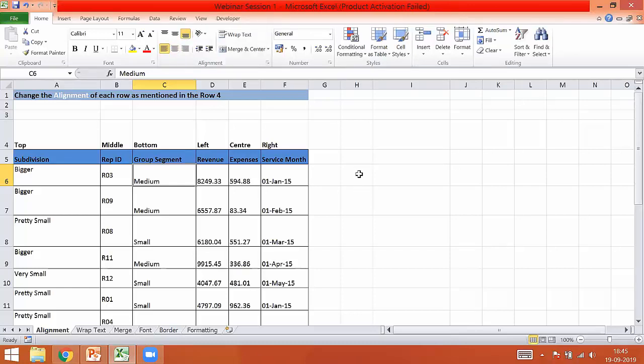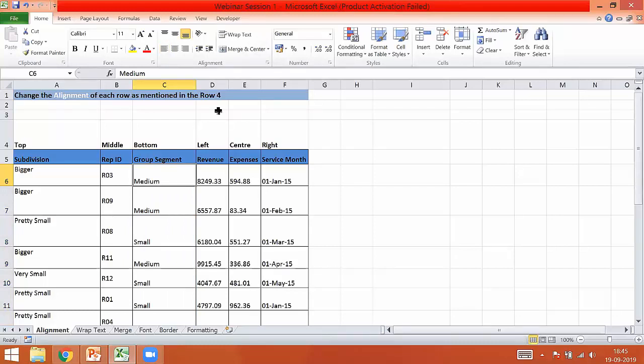If I just go and click on this cell, you can see by default it is taking the bottom alignment. If I go to the next cell, this is an empty cell, still it has activated the same one. Okay. And if I really want to put a different alignment, I can change it before typing any new text in that particular cell. Okay. So we'll just quickly apply the bottom alignment here. I'll do the Format Painter, apply it on the remaining cells. Now you can see it has been activated.